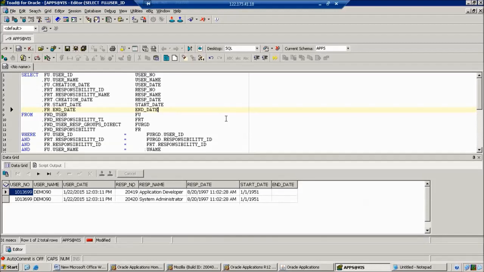Which function do we want to use? I want to use the toChar function exactly. Here this is the column creation date, user date, right? So here we are using toChar of creation date.